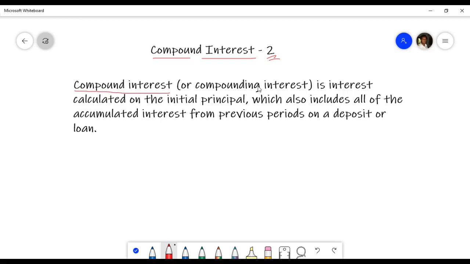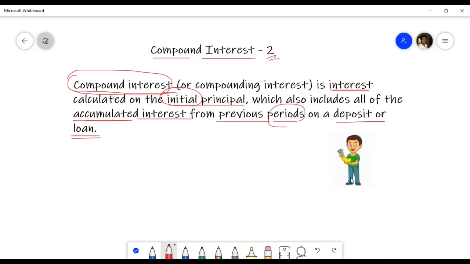Compound interest, or compounding interest, is interest that is calculated on the initial principal, the starting principal, which also includes all of the accumulated interest, collected interest from previous periods, on a deposit or a loan. Okay, so this is what compound interest is. I would just like to explain to you